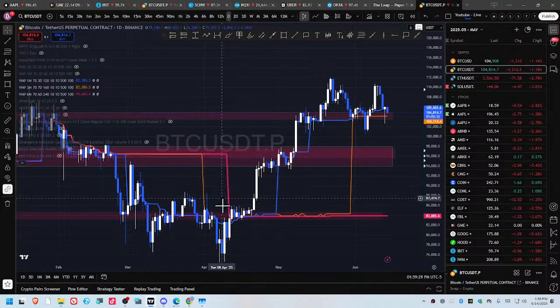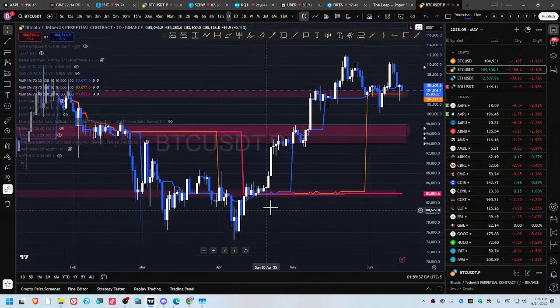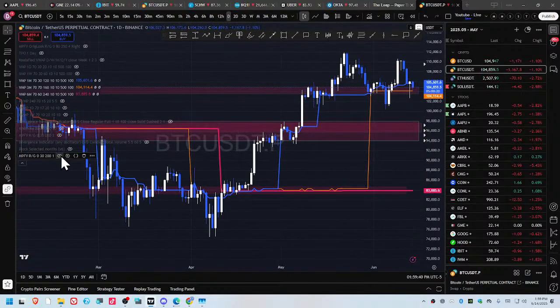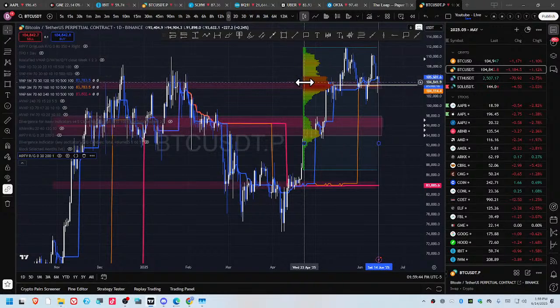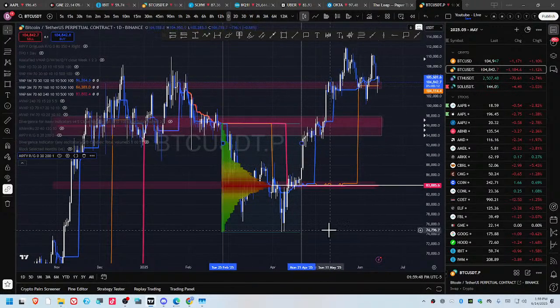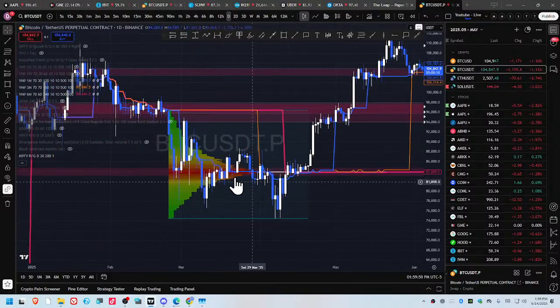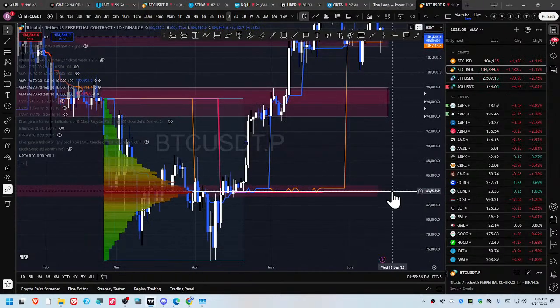So once this shifted down to like 84, we had price start to accept above it. And I might have done some analysis at the time, but here we see the point of control of this section as well, so I'm extending this line so it's like here as well. So once price started to accept above it,